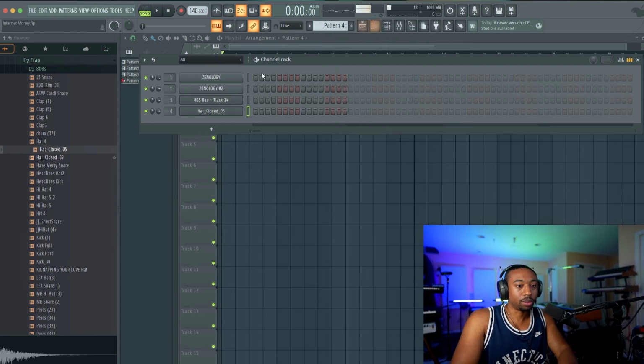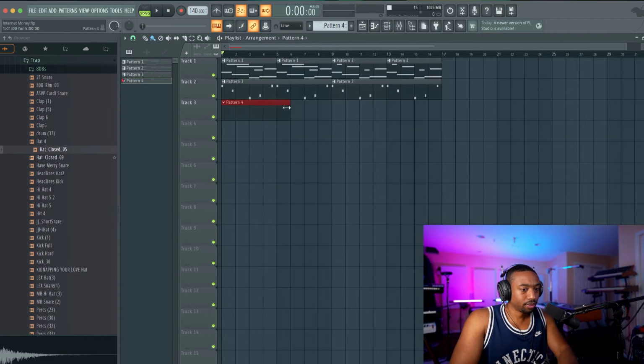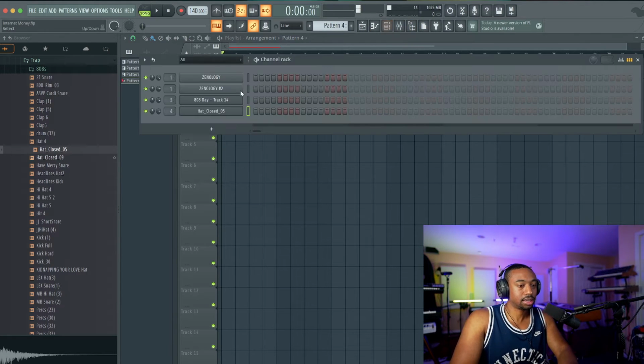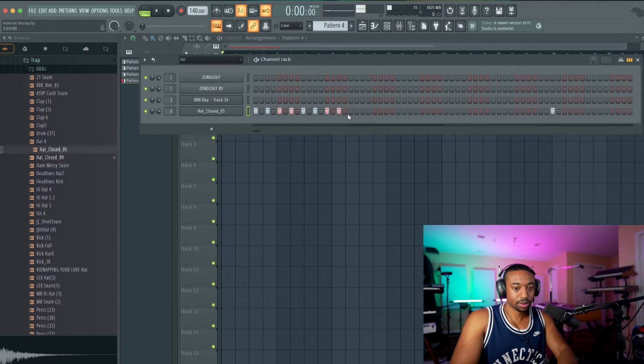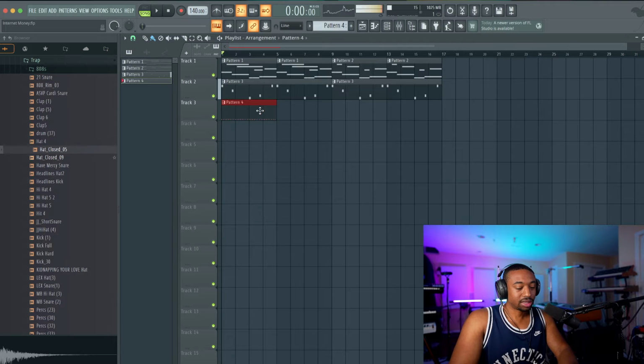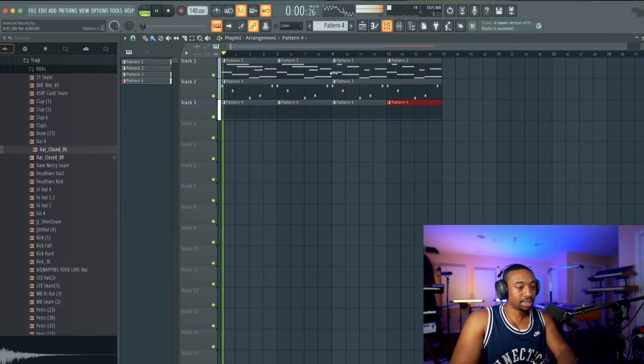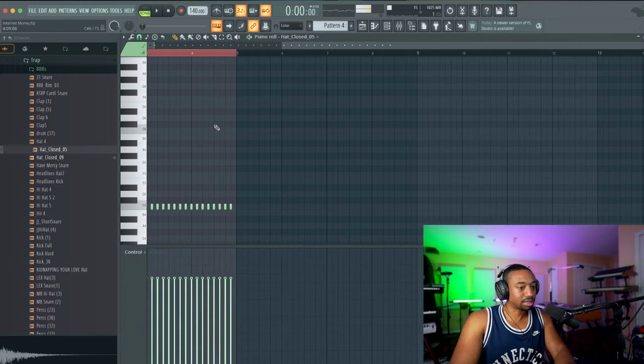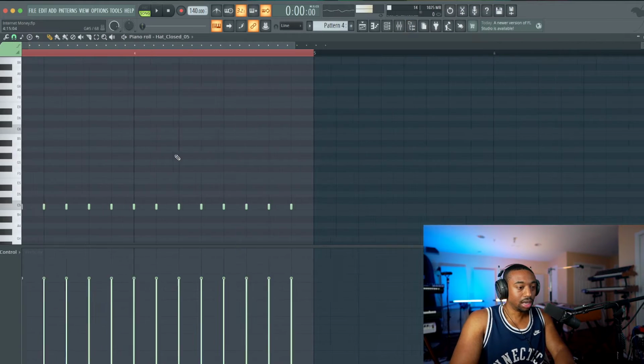So let's open up a new pattern here. And we're gonna start off with like that. We're gonna right click, fill each 2 steps. Right click, fill each 2 steps, boom. That's kind of boring, so let's add some glitches in here to kind of speed this slow feeling beat up and give it a modern touch.